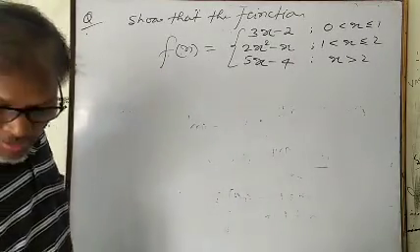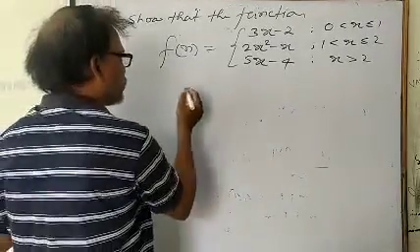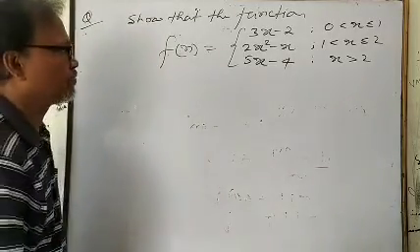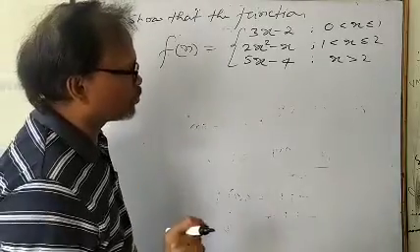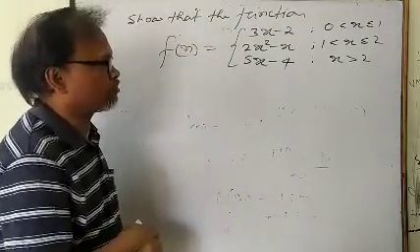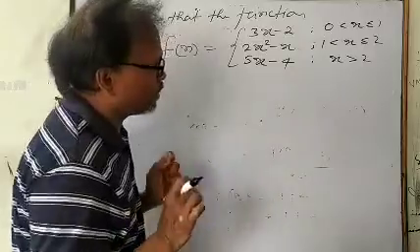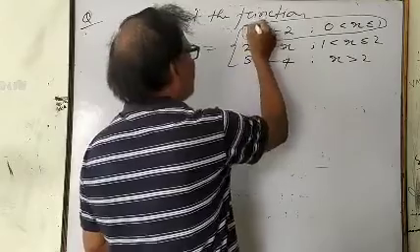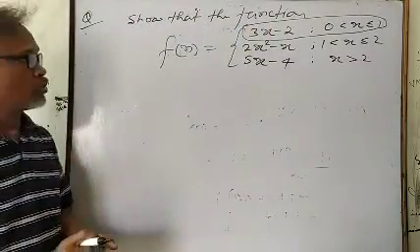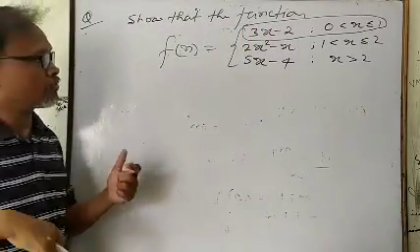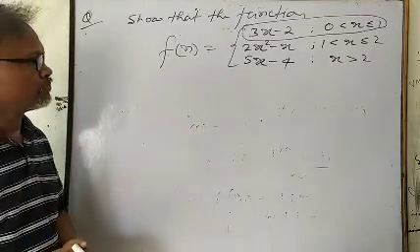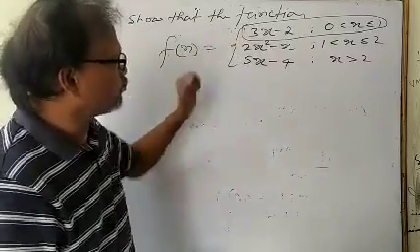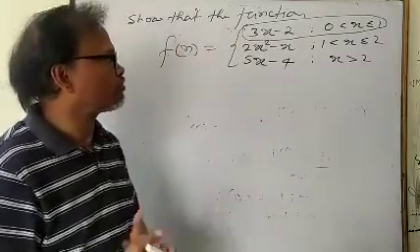You have to show that it is continuous at x is equal to 2, but not differentiable at x is equal to 2. Since it is asking only for x is equal to 2, there is no need to consider the first piece. That is given only for your confusion, to increase the confusion in your mind. So you have to take only these two pieces and check at x is equal to 2.